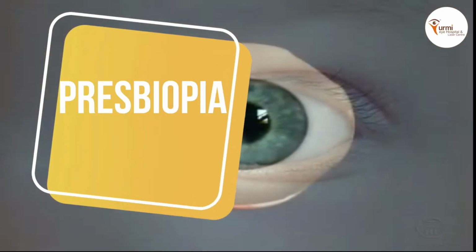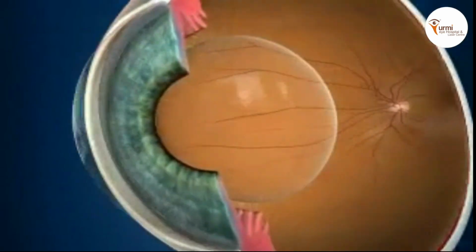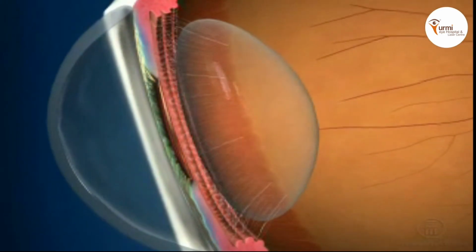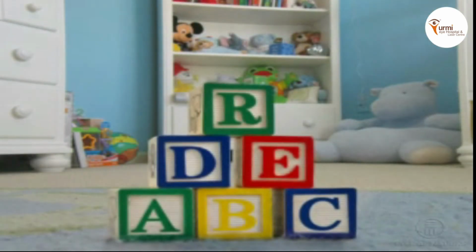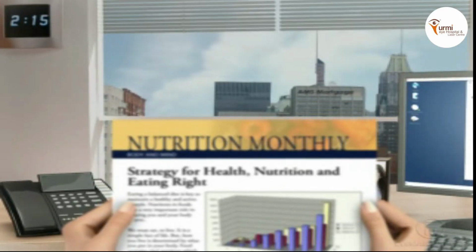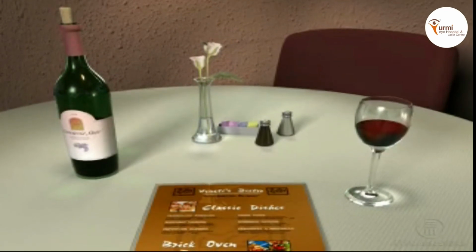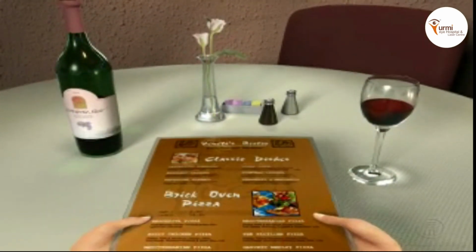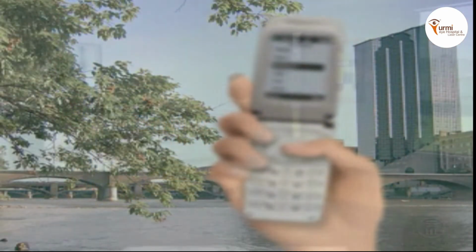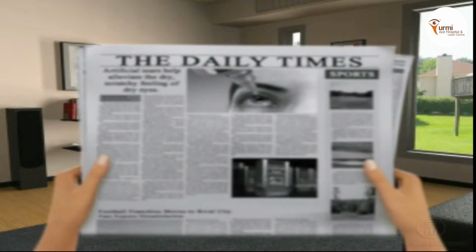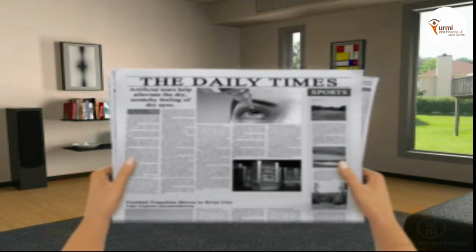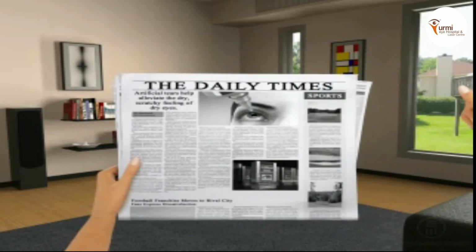Now let us understand presbyopia. Our young lens is so flexible and so powerful that rays are well focused onto the retina. But as age advances, the power of the lens becomes less because of weakness of the ciliary muscles and stiffness of the lens. So near objects, like seeing a menu, reading a newspaper, or seeing a mobile at a near distance, become blurry. Initially this can be handled by keeping the object at a little distance or making the lights on.